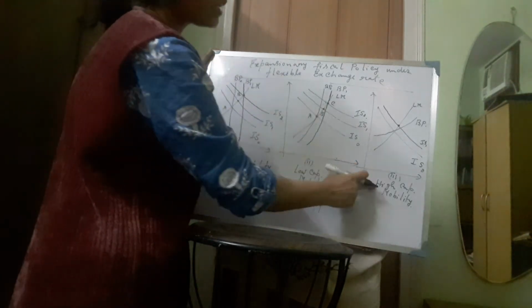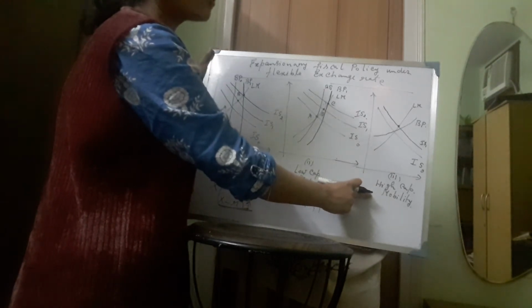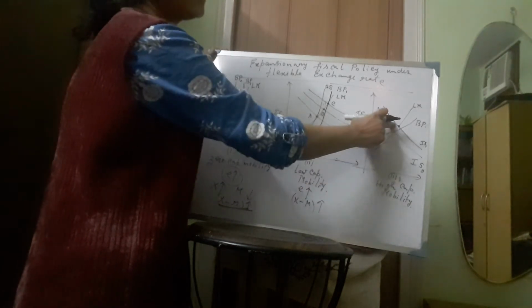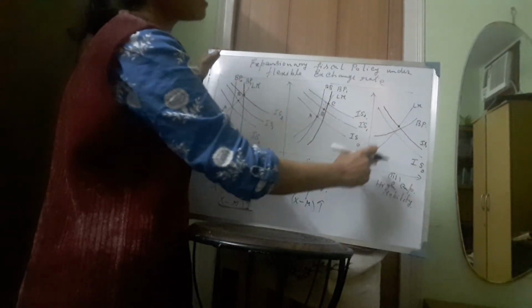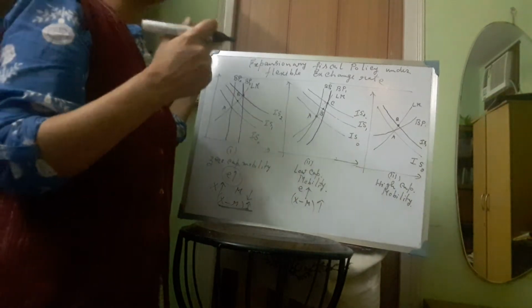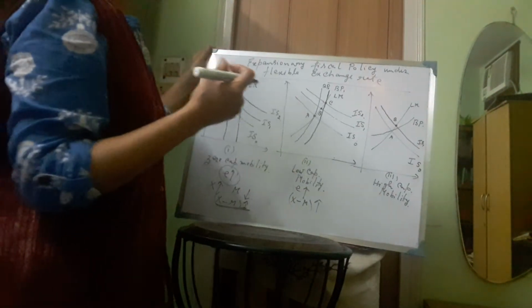Because here we are considering high capital mobility. Therefore, the improvement in the balance of payment due to the inflow of more capital with the higher rate of interest is higher than the deterioration of the balance of payment because of the increasing income as compared to point A. So therefore here the improvement is greater than the deterioration. So as a result we have a BOP surplus here at point B.